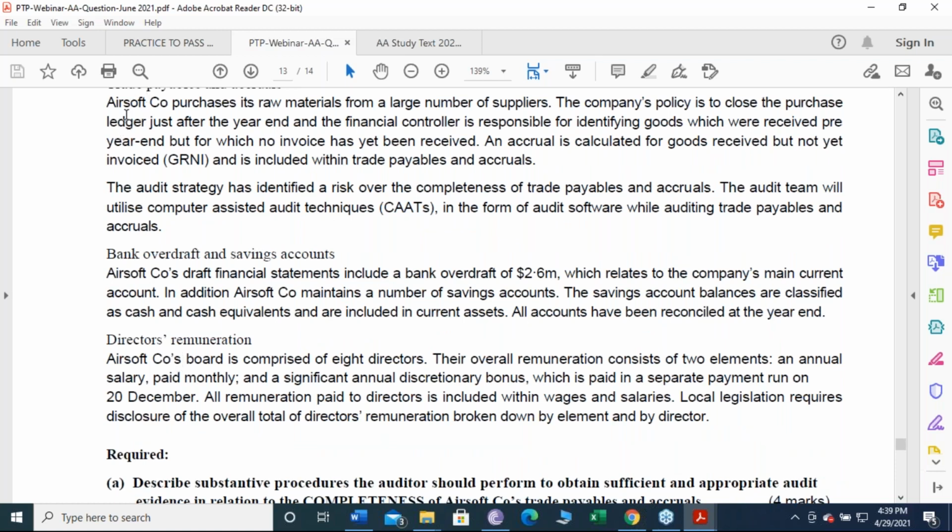What procedures do we need to perform regarding the bank balance? We need to obtain a bank confirmation letter. We need to recalculate the bank reconciliation performed by the client. If there is an unusual delay in any unpresented checks, we need to write it off. If there are outstanding lodgements, we need to verify those as well. We need to verify the bank balance according to the bank statement with the bank confirmation letter, the trial balance and financial statements.